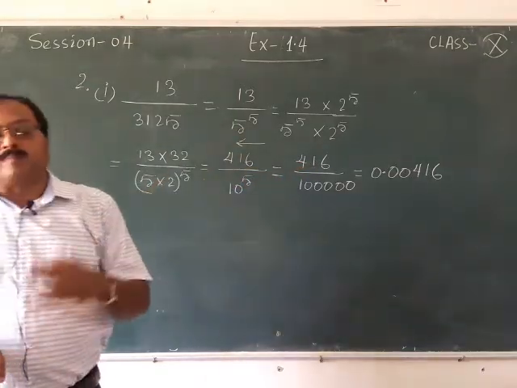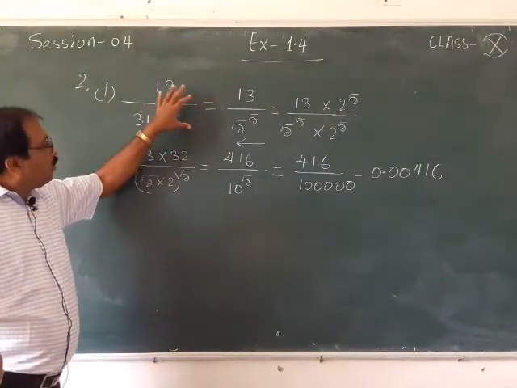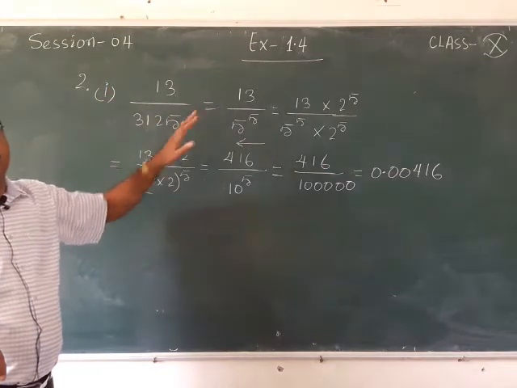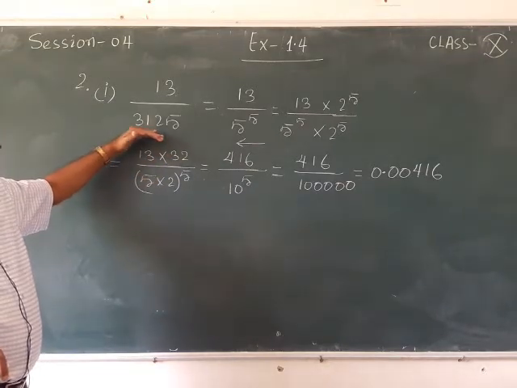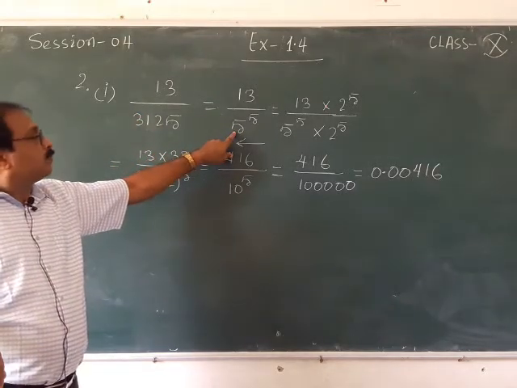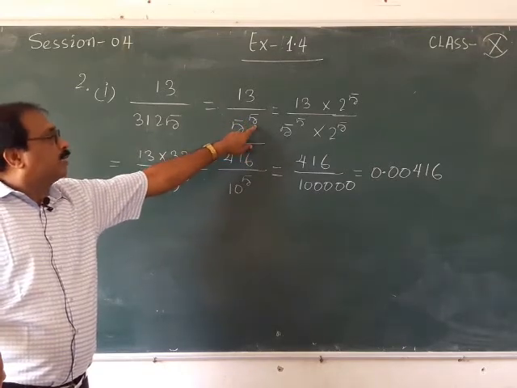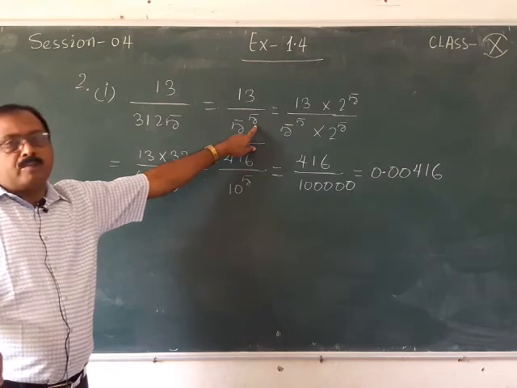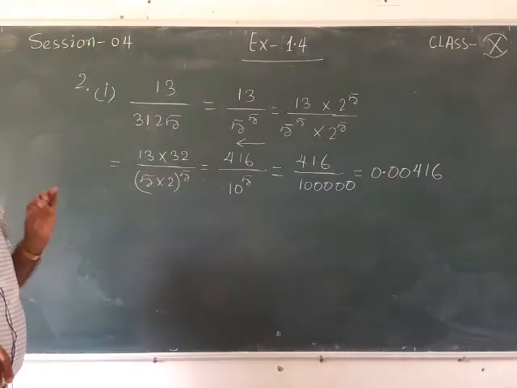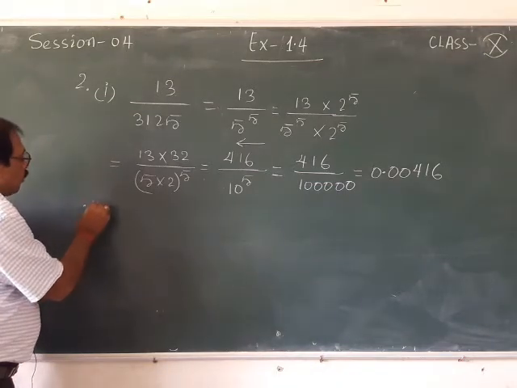Sometimes they ask the question, after how many places of decimal will it terminate. If I give you the question that 13 upon 3125 will terminate after how many places of decimals, directly you can say that it will terminate after 5 places of decimal. Why? Because here you get 5 to the power 5. So by looking at the power or the exponent, you can check after how many places of decimal the given number is going to terminate. I hope that whatever I am telling you, you are understanding it. So let us see one more question for more clarity.